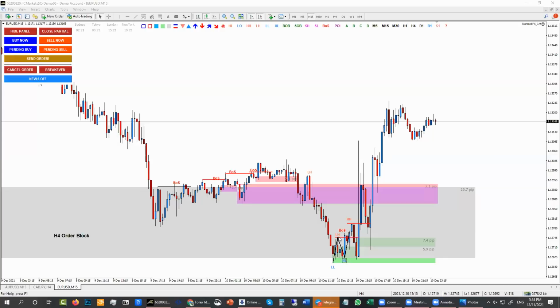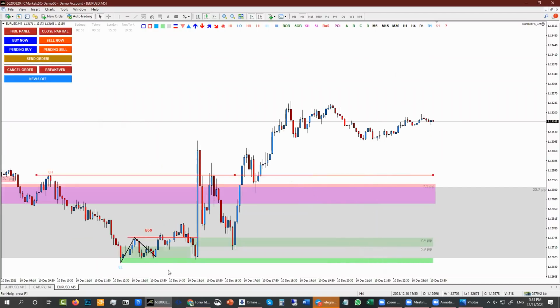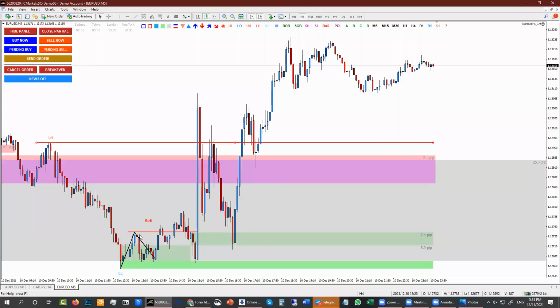This one, the lower high. You mean this to be broken? If this is broken, you see there are several breaks of structure here already. A very small one, and this probably will take some time for people to actually understand the hidden order block or the hidden break of structure. When we go to a lower time frame, let's say M5, you see that? This is the break of structure already over here.